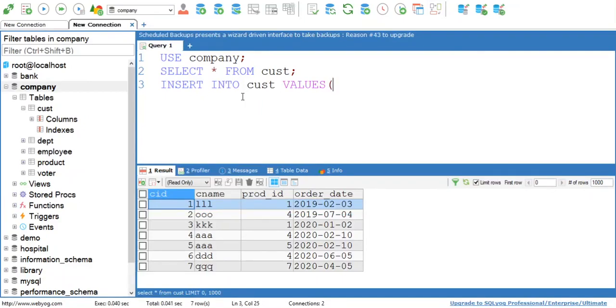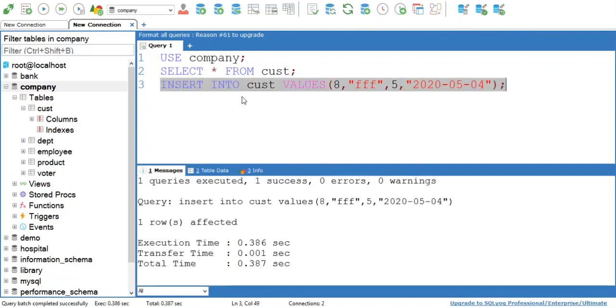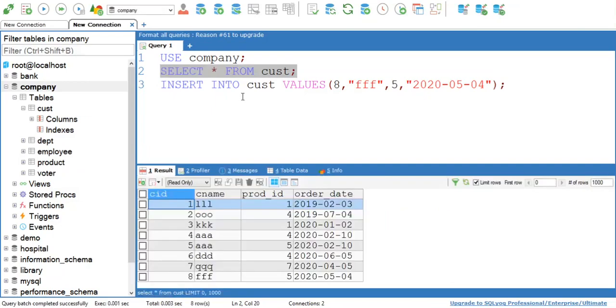Okay, and first I am inserting customer ID, then name of customer, then product ID and any date. Okay, so here values are inserted. Okay, see, the value is successfully inserted. At the output you can see customer ID 8 is added.